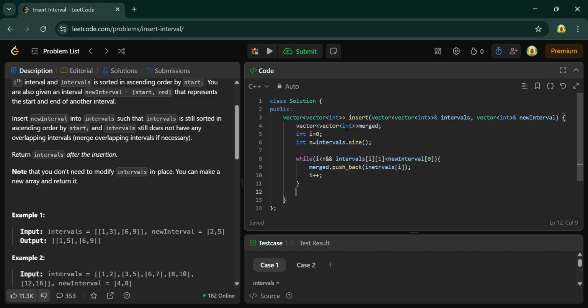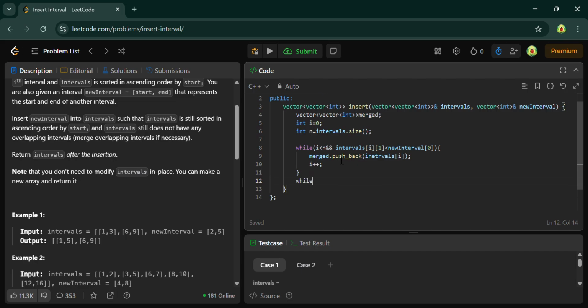Okay, and then you just have to write one more condition, while i less than n and intervals of i comma 0 is less than equals to new interval of 1. Then you just have to rewrite the value of new interval